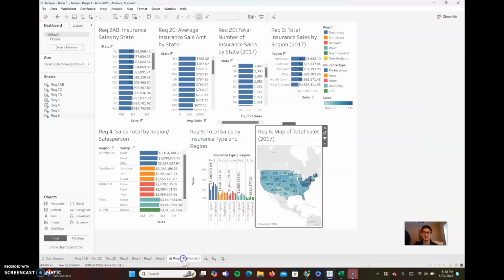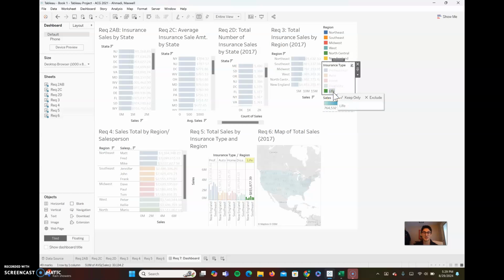And then last but not least, in requirement 7, we're asked to put this all in a dashboard and make it interactive. My 2 questions that I pose to myself: first, I want to take a look at life insurance, and specifically at life insurance in 2 specific states. So beginning by clicking on life insurance, I see that it brings in a total of sales for the year of, at least in the Northeast,